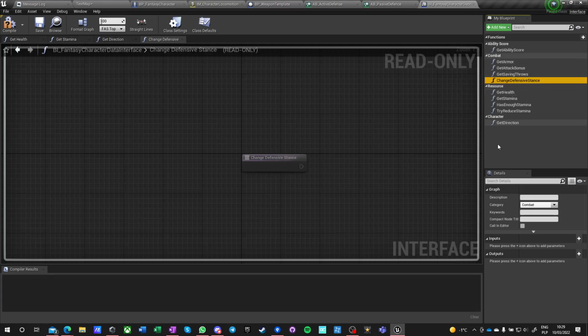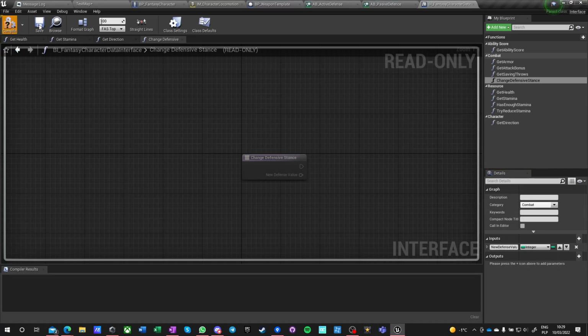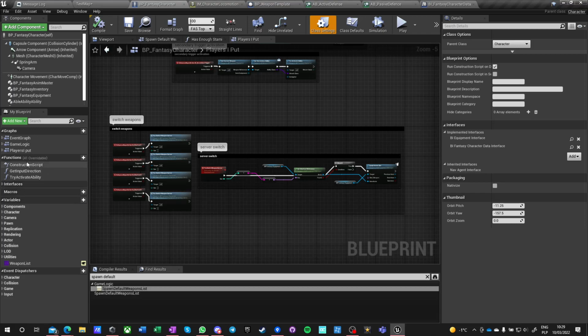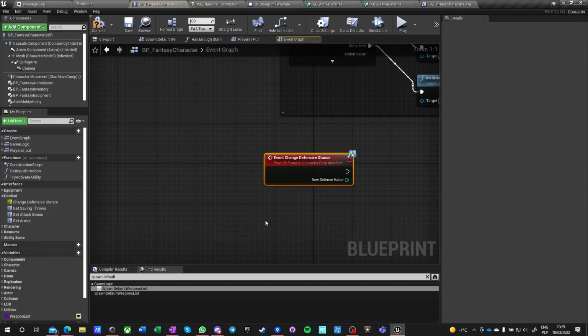It is not a get function, it's actually one with an input, new defense value, and it's an integer. Okay, we go into interface, combat, change defense value, implement event,